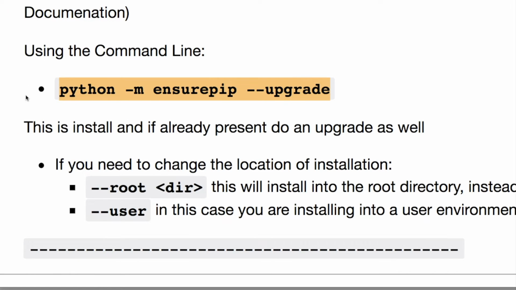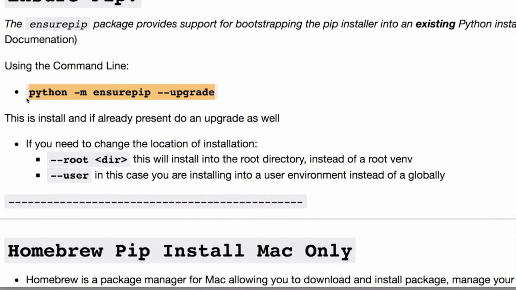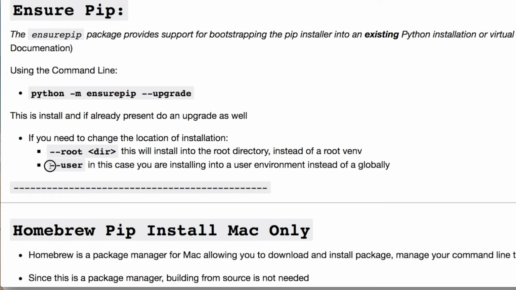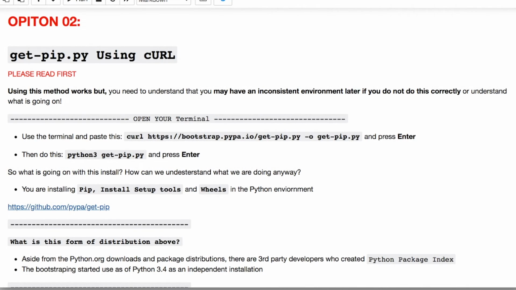It stands for module. If you're in a position where you don't want the entire machine to have access for multiple users, like if this is a work computer, then you can have this added in, --user. When you're using this, you would have to put it in. You could also do the same thing if you're dealing with your root directory or your virtual environment. Pause the video. I can zoom in and show you, or we can see where this is on GitHub. It's right here at this